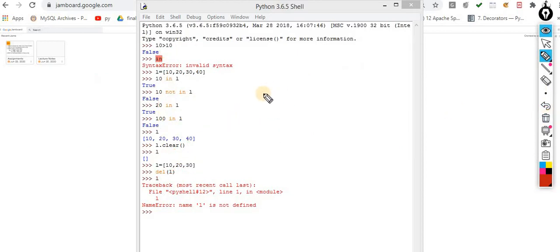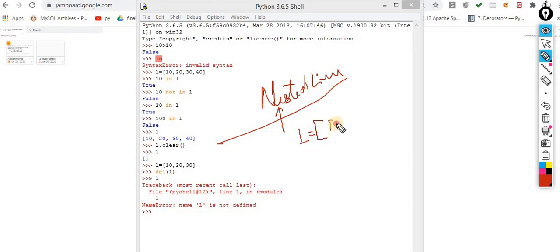Now, the next is nested list. The name specifies itself: list inside list. So let's suppose this one is a list, 10, 20, then 30, 40, 50, then 60, 70.